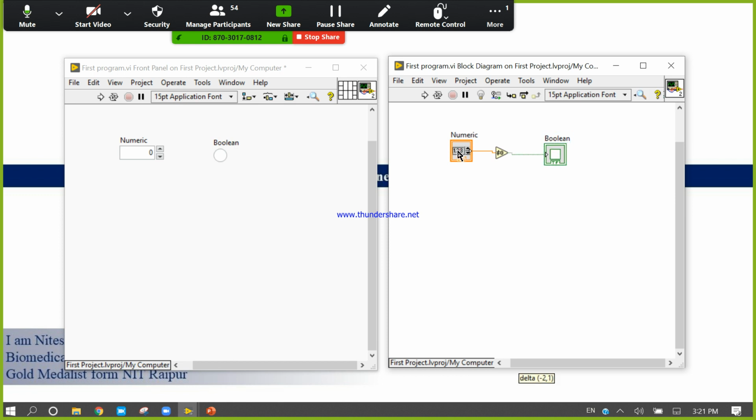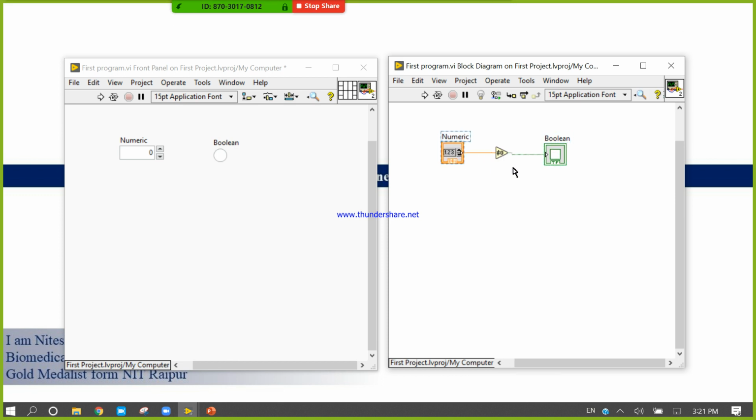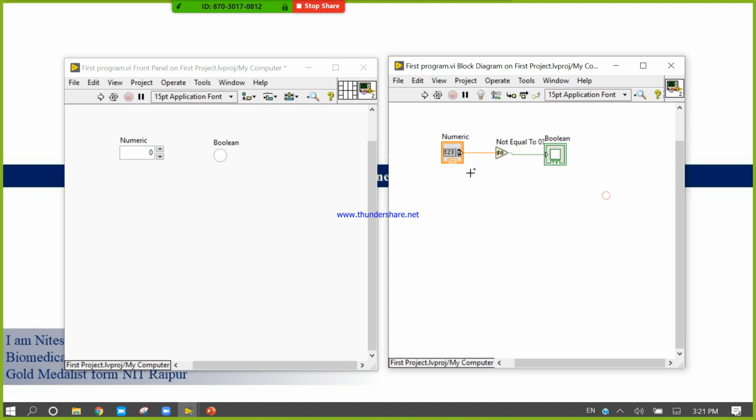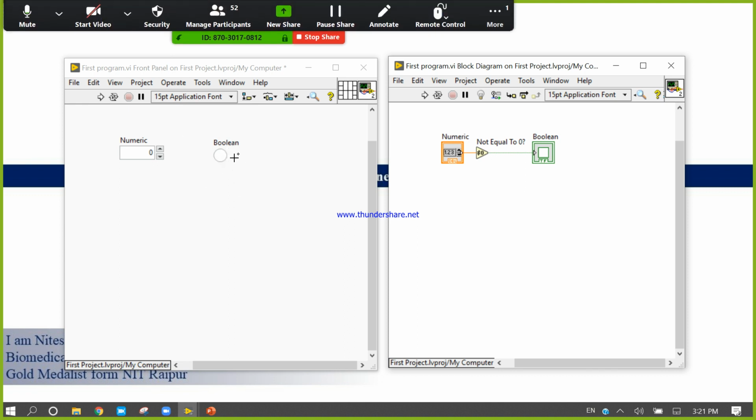Here I have written one program: is the number equal to 0 or not. Control means input and indicator means output. This front panel is for user interaction, for our output, our behavior, our performance, and by using the block diagram we can write code.